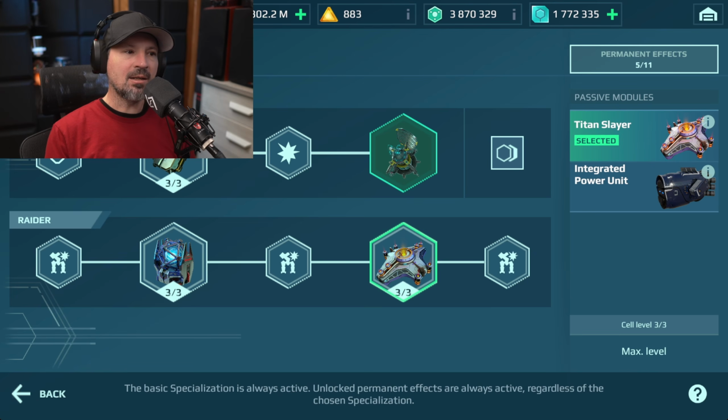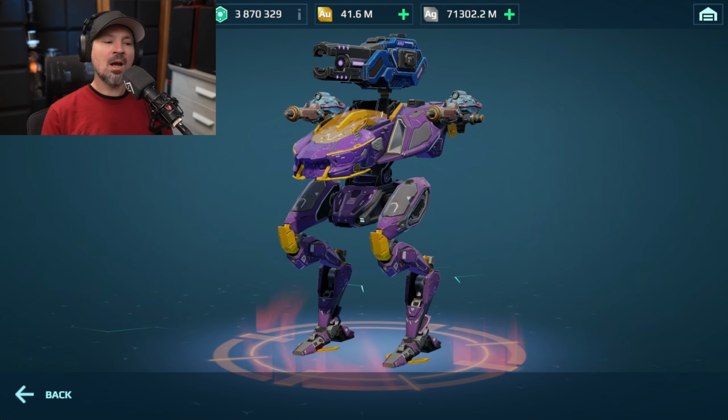So I'm going to go with the Titan Slayer to try and do a little bit more damage to Titans. I mean, you can pick whichever one you want, but I'm going with the Titan Slayer for sure. All right, so there is our Condor right there. It's all built up. It is ready to rock and roll. We are going to take this thing into Champion League gameplay, see what it can do, see if it's any good, and we'll let you know at the end of the video